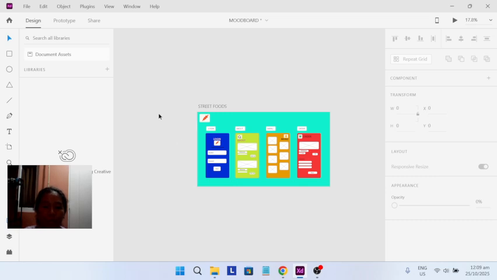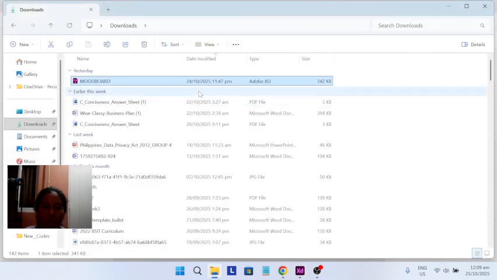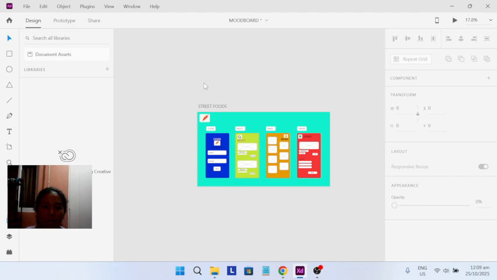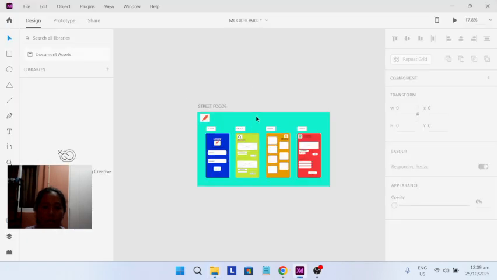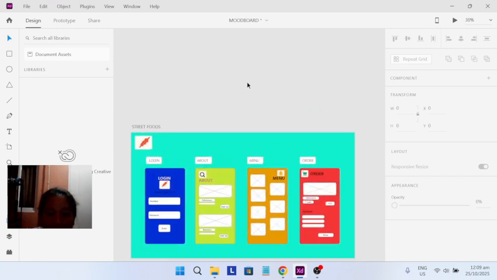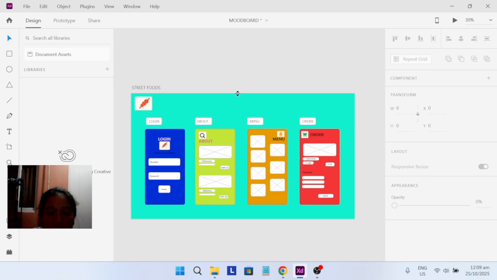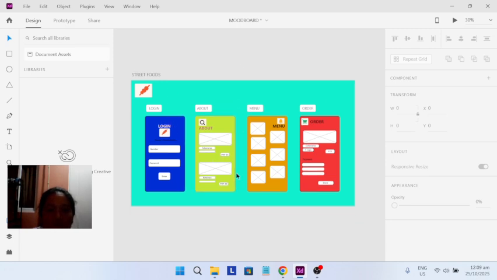Loading. No, ayaw ma-open. But I'm sure na napakita ko naman po yun kanina. So here's the final redesign that I used on her prototype.